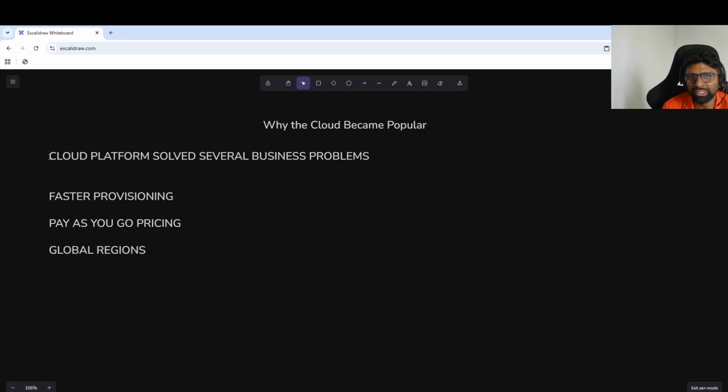That means we don't need to buy physical hardware across multiple different locations. In my case, we had multiple places. For example, we had physical servers in the United States, Canada, Singapore, multiple different locations. With the cloud providers, you can spin up servers, or virtual machines, databases anywhere globally within minutes. Then elastic capacity. That means we can increase or decrease resources according to our own requirements. If we don't need something, we can delete it.